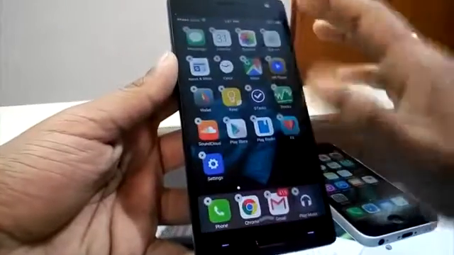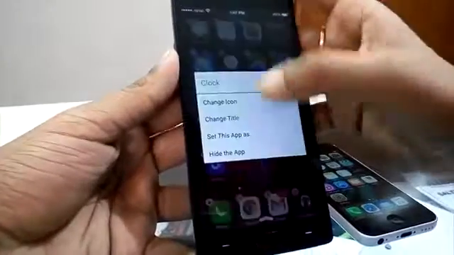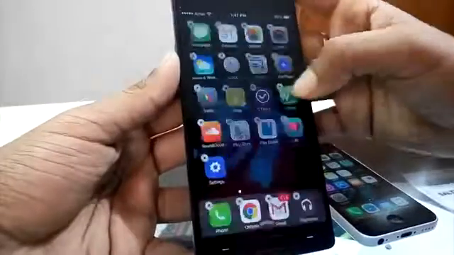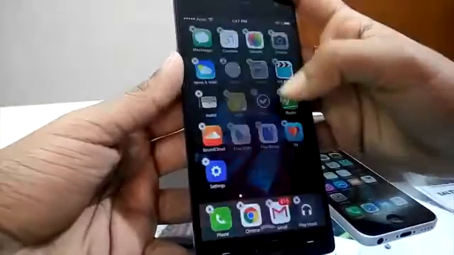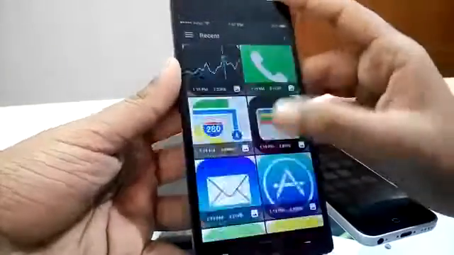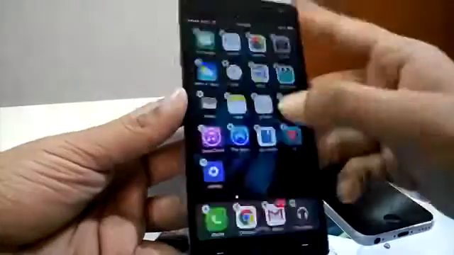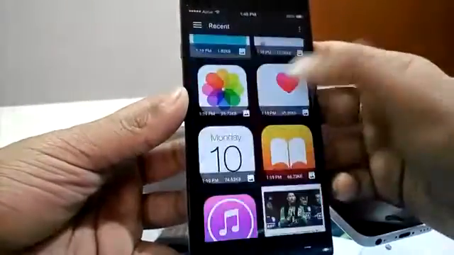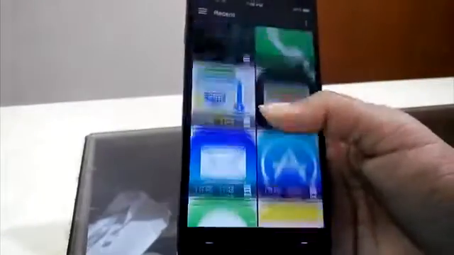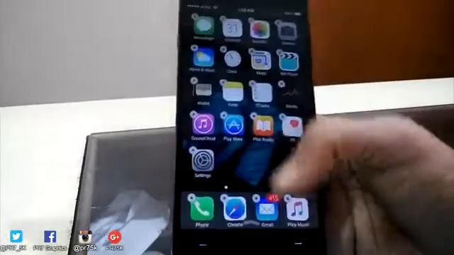I'll be setting it for all, same process, change icon, and I'll just fast forward this part. I'm doing this for the home page only, and you can do it for as many pages as you want. Just google them and you'll get as many icons as required. And by the way, if you look clearly, the apps are doing the Harlem Shake of the iPhone. Okay, so this one is the last, Google Play Music to Apple Music. And that's it. It looks very much like the iPhone. Just for comparison, it looks very similar.